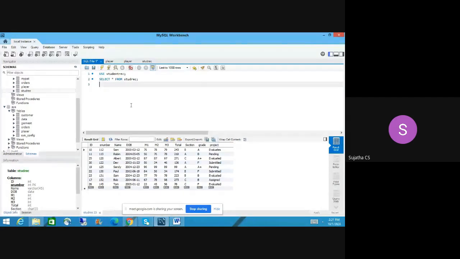How do you write the query? Select only a few columns: name, then section, and then project. Can you see on the table, grade and project? Yes, ma'am. Let me run this again. It is sorted. Now I want to select only name, maybe date of birth, mark, and then grade and project.